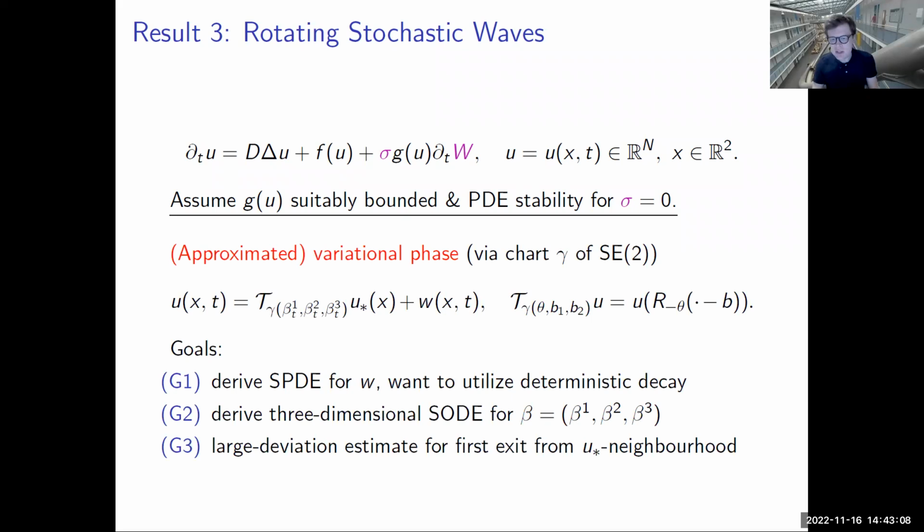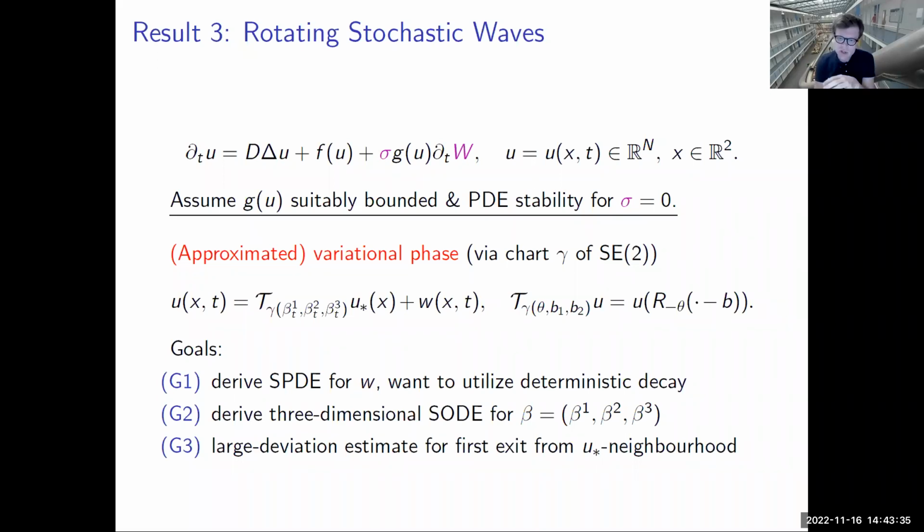Then we define something that's, again, a marker quantity, but that marker quantity is now more complicated. Instead of just having a scalar, remember the scalar marker was good because it was tracking the position along the symmetry group of the real axis. But now the symmetry group is not the real axis, but the symmetry group is actually SE2, the special Euclidean group. So it's rotations and translations.